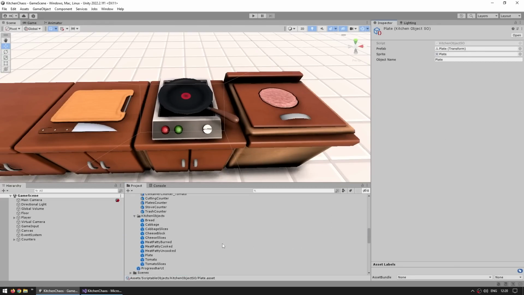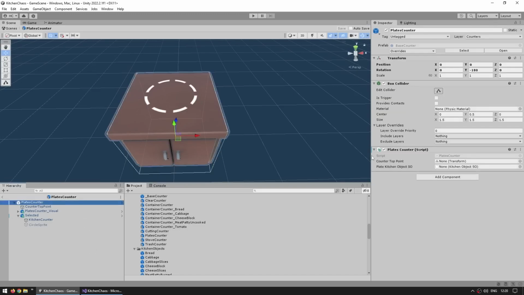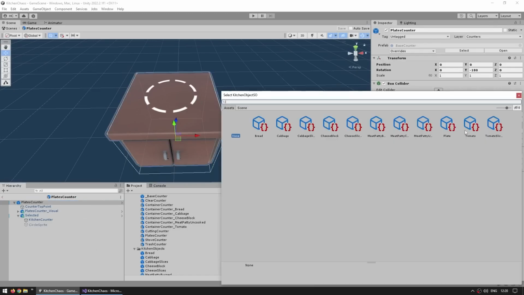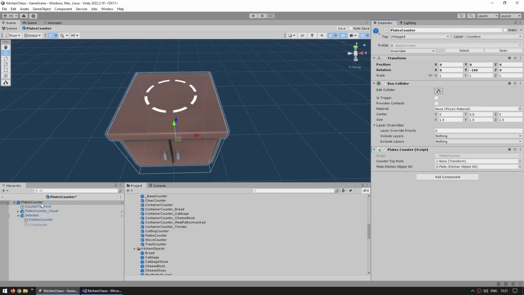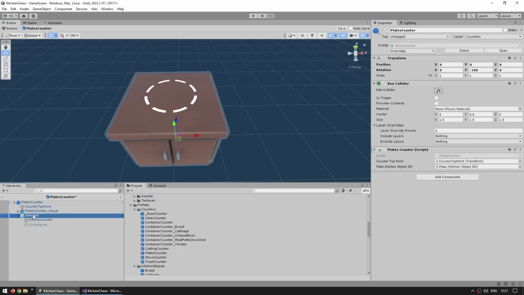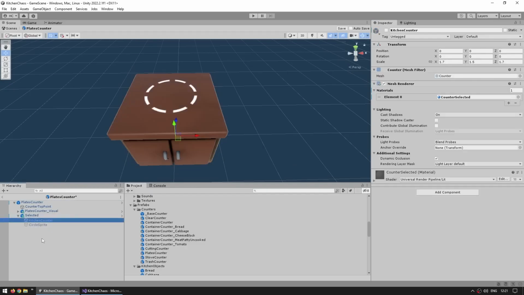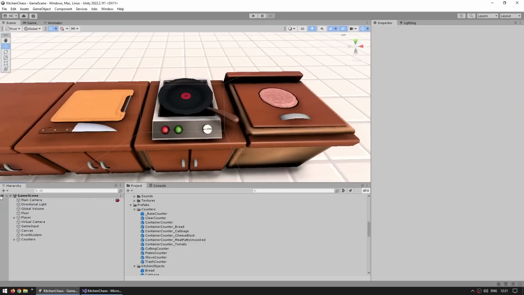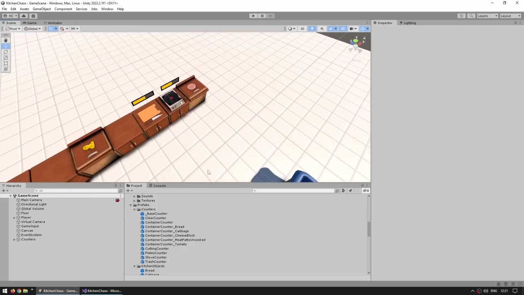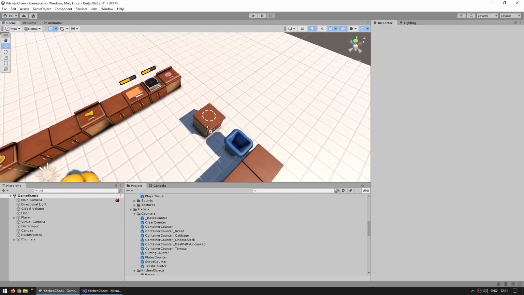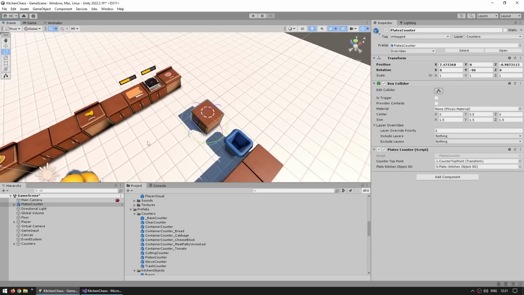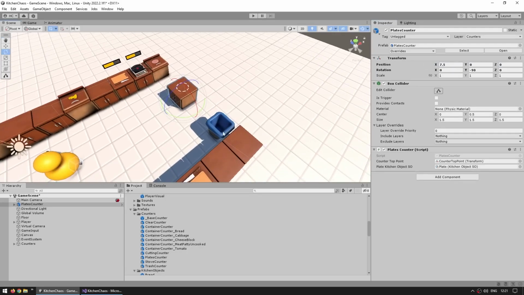Okay, so we have the kitchen object SO. Now let's just go inside our plates counter. And over here, let's drag the reference. So the reference to the plate kitchen object. Let's also drag the reference to the counter top point. Then on the selected, drag the reference to our base counter. And finally start off with the selected disabled. Okay, so this should be working. Let's just add a plates counter over here onto our scene. So let's pick up a plates counter and put it somewhere in here over there on the side. So on an x of 7.5, then 0, and let's say on 0 maybe. Let's make sure we have space for